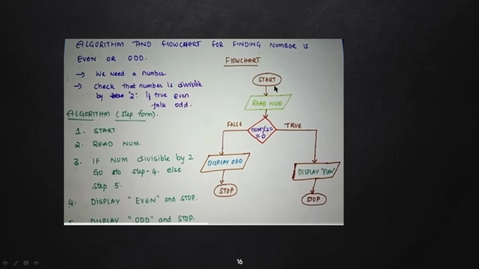This is done. So in the flowchart, start, read num, that is reading the first number, and num percent 2 equals 0. In programming, this percent symbol gives you the remainder after division. So we are dividing the user-entered value num by 2, and if we get 0 as the remainder, then it is true. True means display even. If this is false, that means not divisible by 2, it will go here and display odd and then stop, and here also stop. So in this way